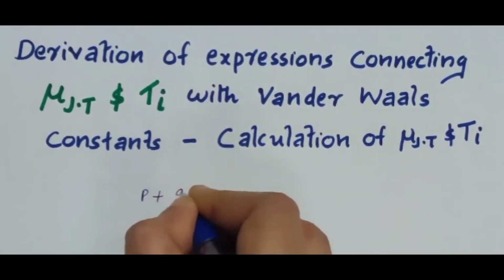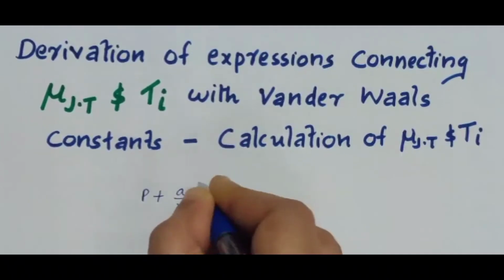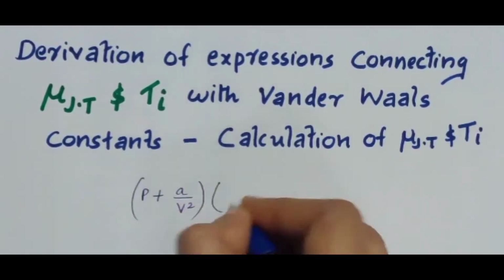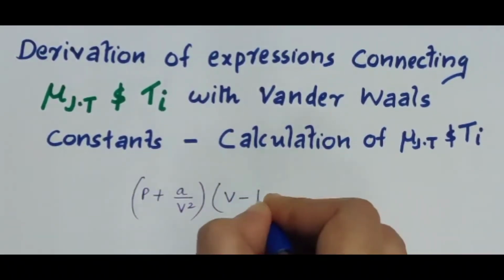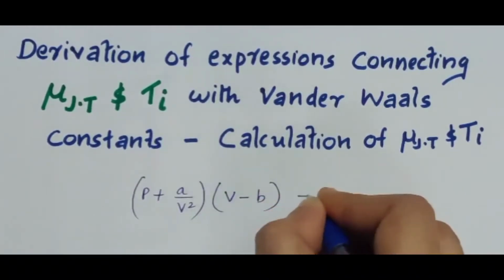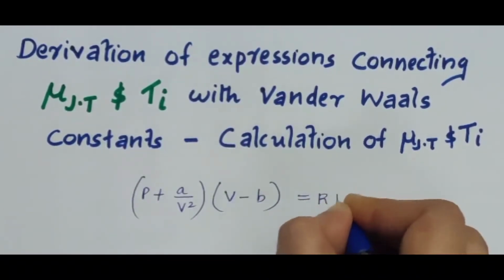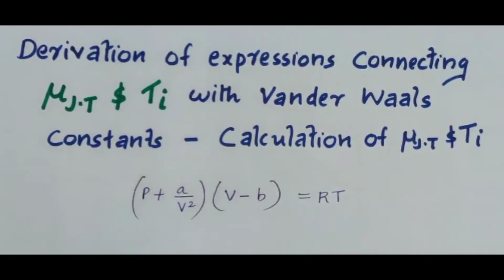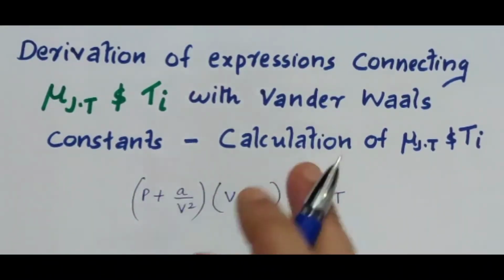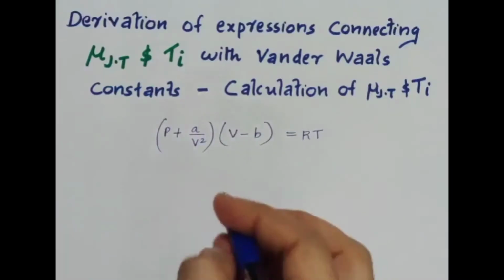(P + a/V²)(V − b) = RT. Here a and b are the van der Waals constants. Okay, then